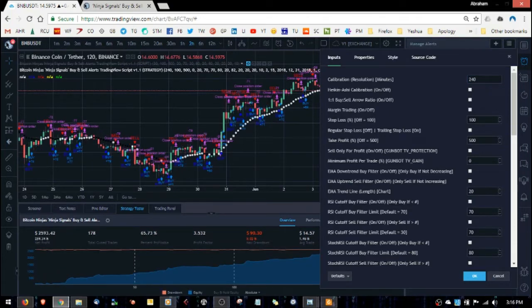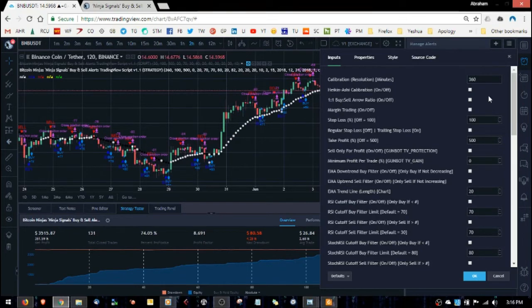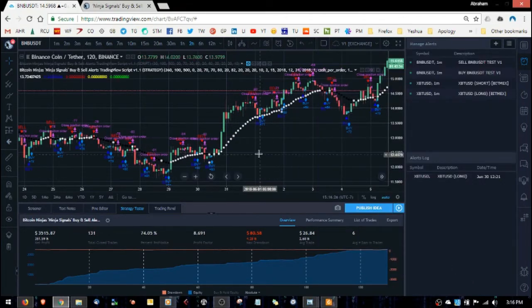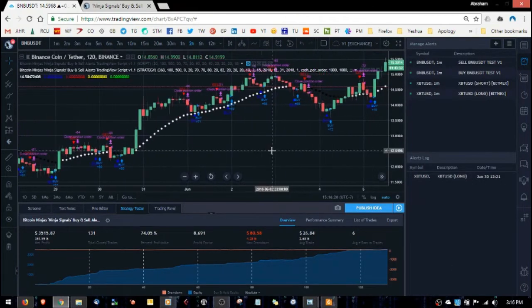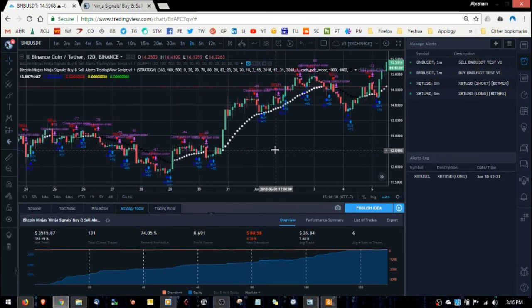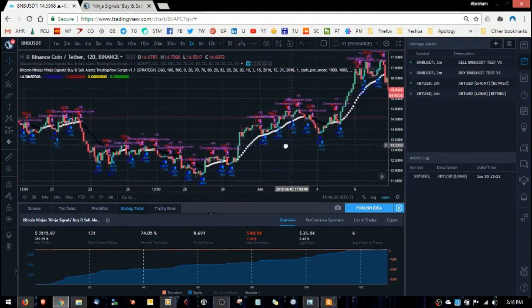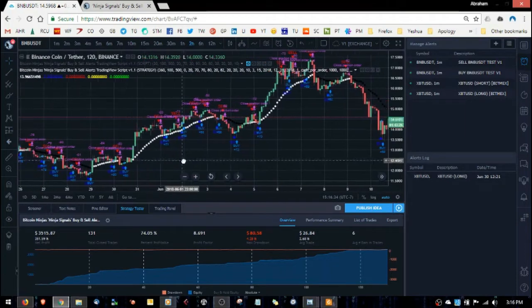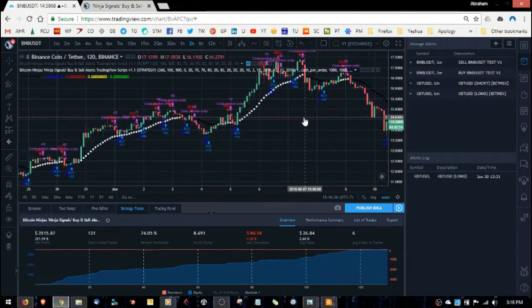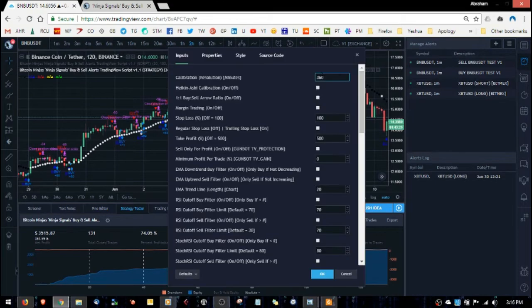240. Yeah, that's cleaning it up quite a bit. I like to go by units of 60 and 30 and 90 and 120, and basically multiples of minutes, because that's how the candles work. And so since the calibration is using different candles as its settings, it can be very helpful in finding good configurations. So again, I'm going to try 120,